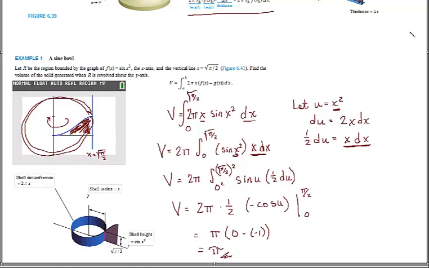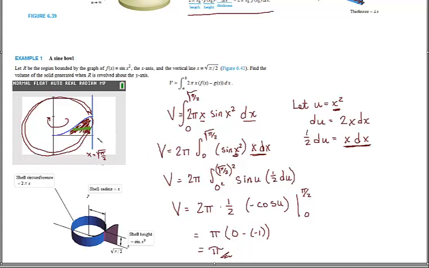Alright, on to another one. And this would have been more difficult trying to use that disk method. It could be done though. Since I said that, I might as well tell you. So what I would do if I was going to use the disk method is I would probably say that